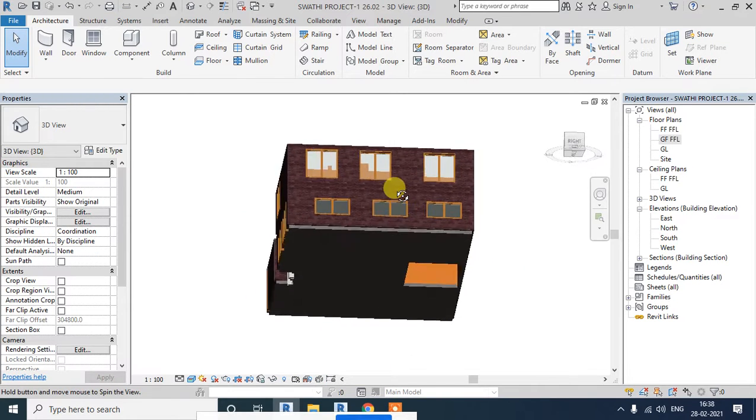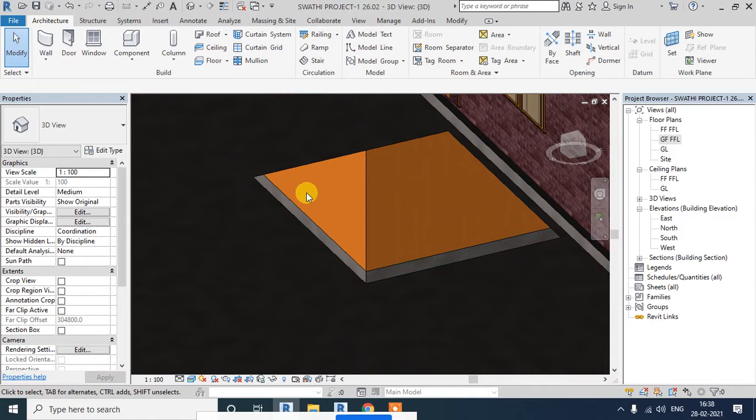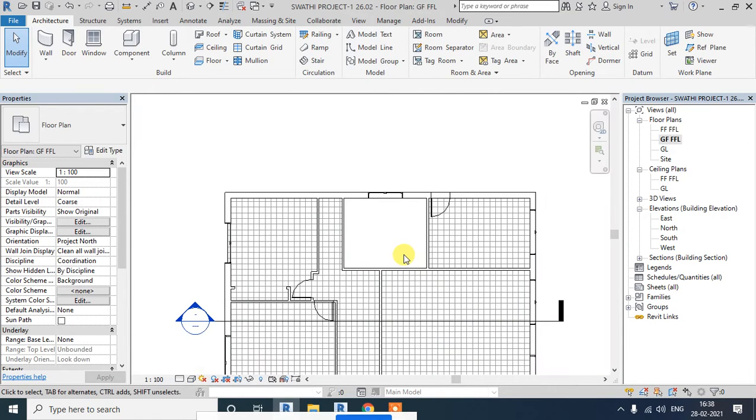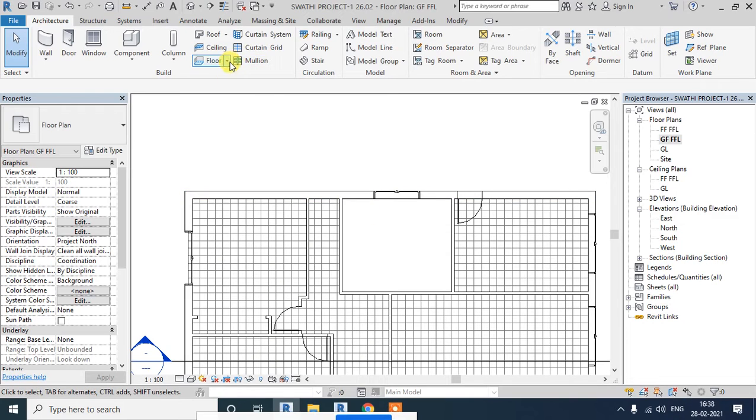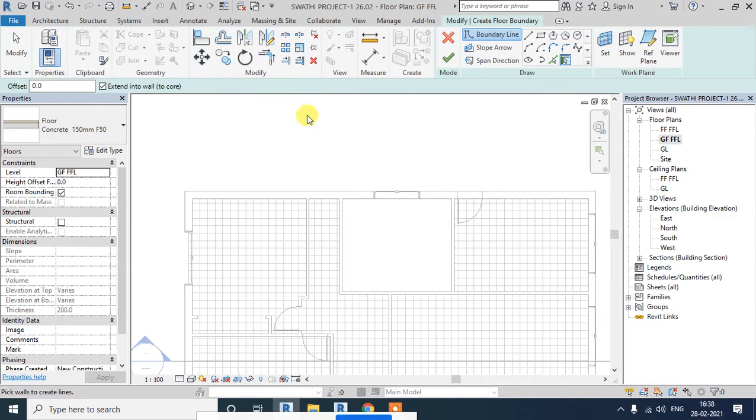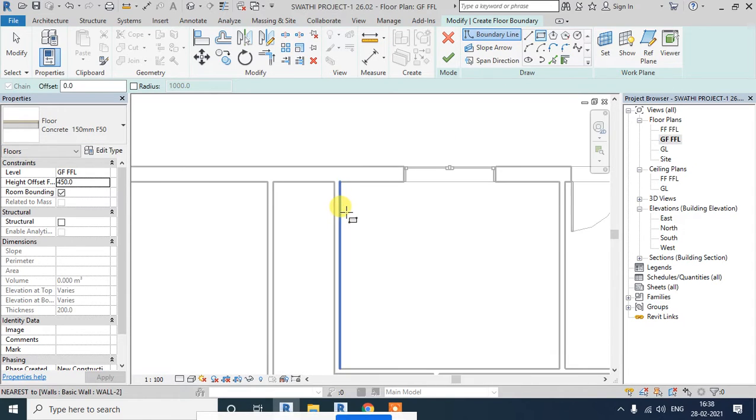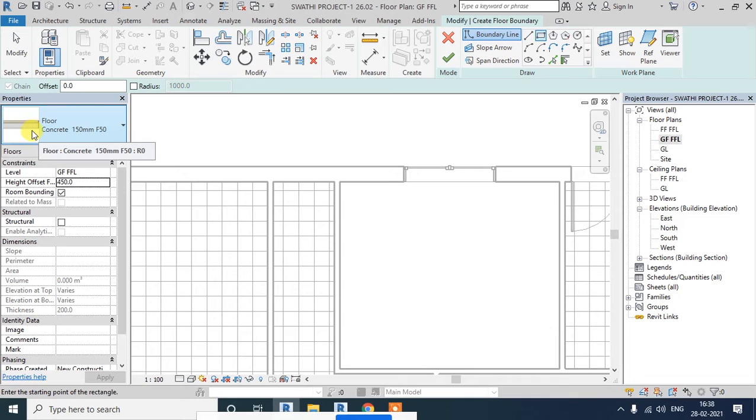So what I did is I made a hole here. Now I say Control Tab to come to the second view. Control Tab to switch between views. Now I can directly go for another floor. Obviously it's supposed to be different. So how much lower do you want this floor to be? 450. Of course it will be a concrete, not a finish. But right now you know that this particular floor has both concrete and finish.